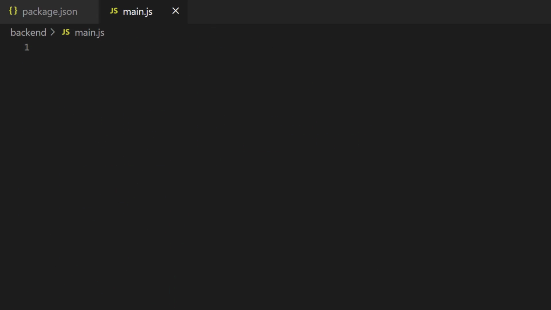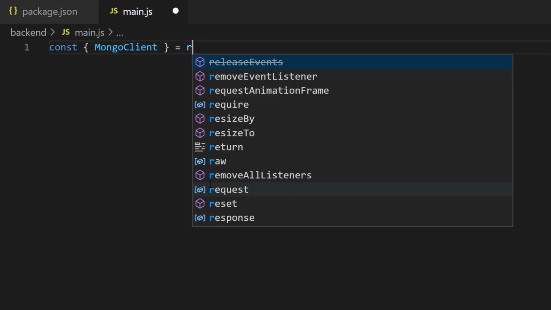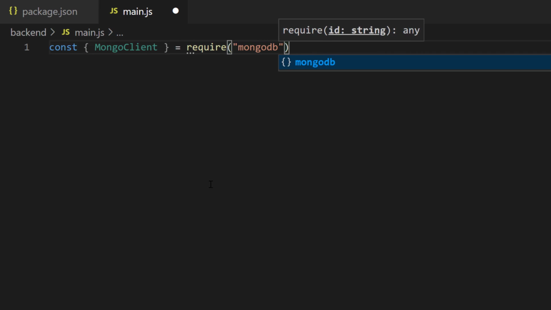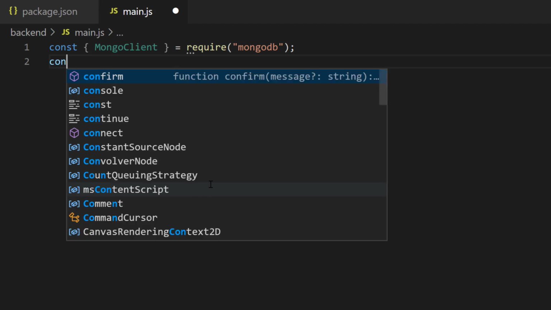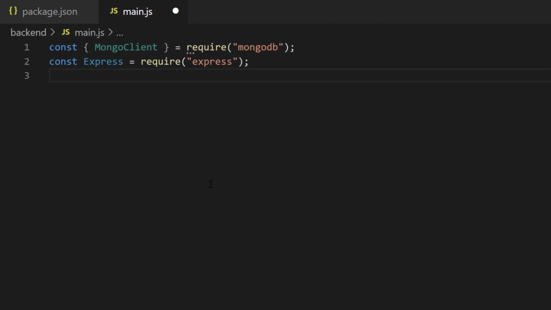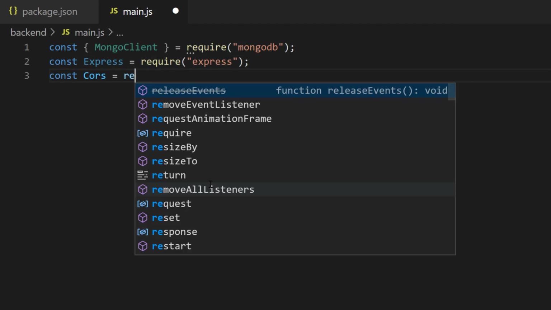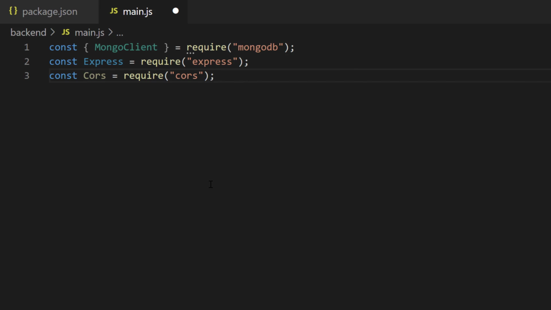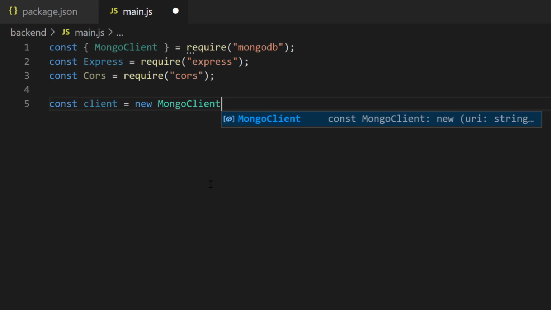Let's go ahead and go into our main.js file. This is where we're going to start adding each of the dependencies that we had just downloaded. So let's go ahead and say const MongoClient equals require mongodb. I'm going to say const express equals require express. And I'm going to say const cors equals require cors. Now with that said and done, let's start initializing each of these dependencies that we've just now imported, starting with MongoDB. So I'm going to say const client equals new MongoClient,